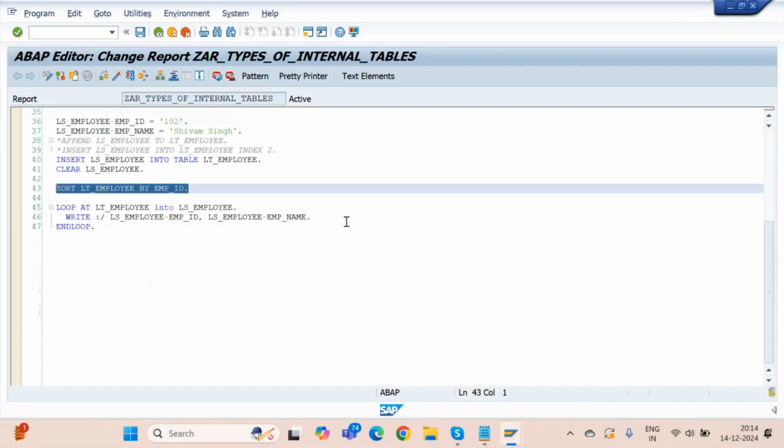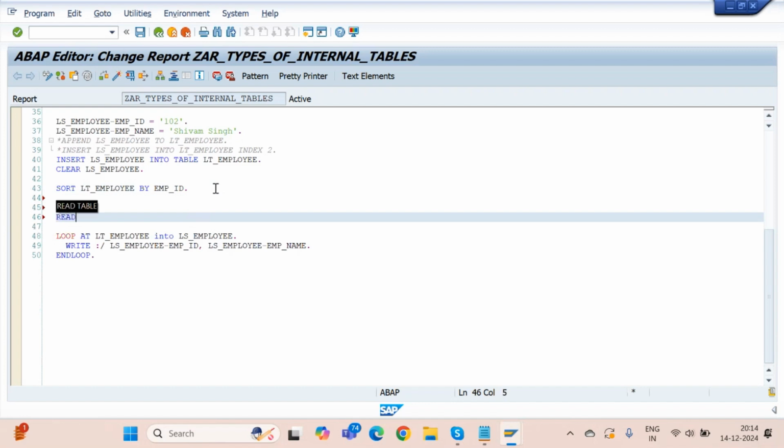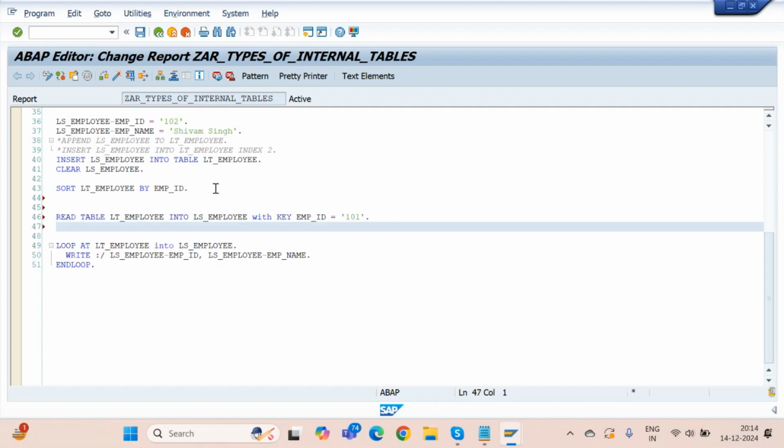That is, we can read the data based on a key or primary key. So what else we can do? Read table my employee name into work area name with key employee ID is equal to, let's say, 101, and then if sy-subrc equals 0,